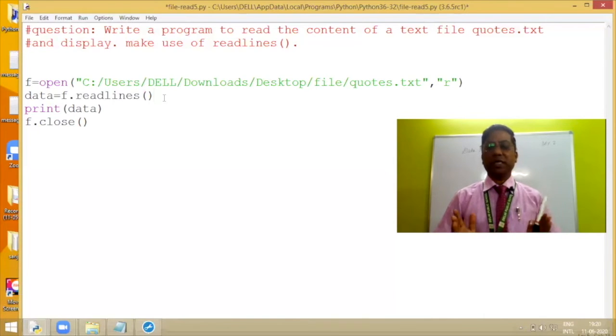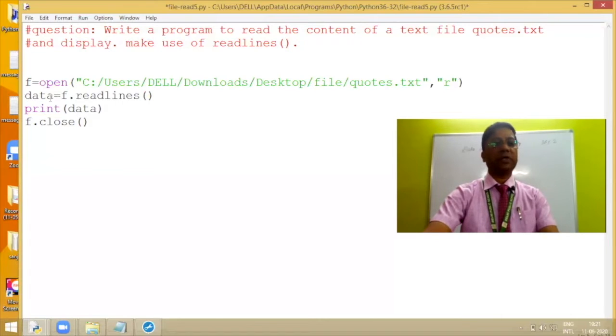So each line will be one of the elements of the list, so that you can manipulate it by using all the inbuilt functions related to list. And this time data will be a list. Print data will display the data, but it will be in list form. f.close will close the file.